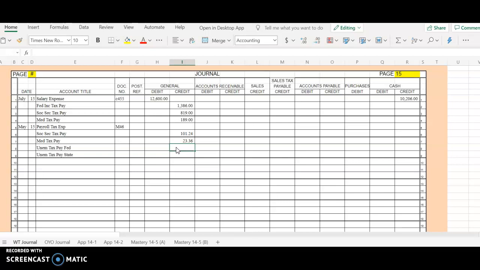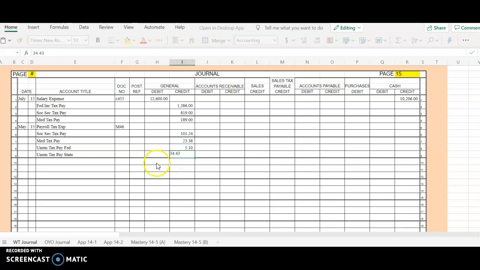So she's the only one, and hers is $637.50, and the federal rate is 0.8. So you take her total, 0.8, and she pays $5.10. And for the state, it is 5.4%. So 5.4% of her $637.50 is